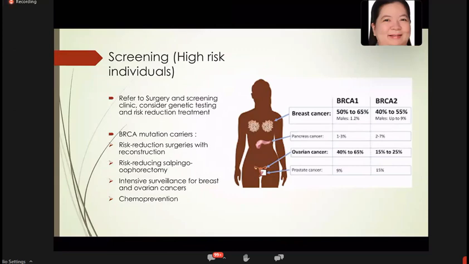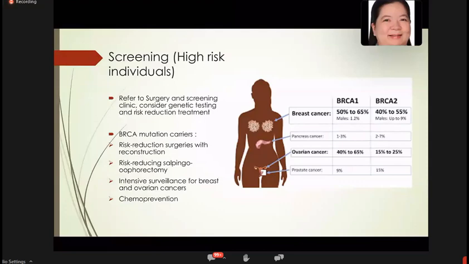Because we need to consider genetic testing already, BRCA1 and BRCA2. It's available in the Philippines, okay? Medyo mahal lang siya. I think BRCA1 and 2 cost around 150 to 200,000 per individual test. And you can offer them risk reduction treatment. So those with BRCA mutation carriers,